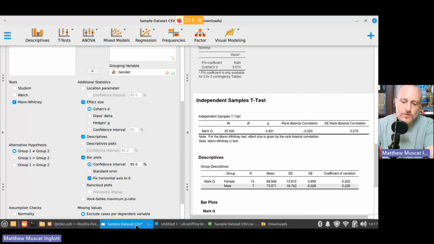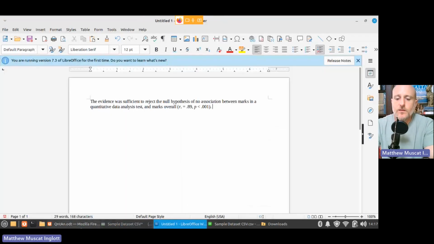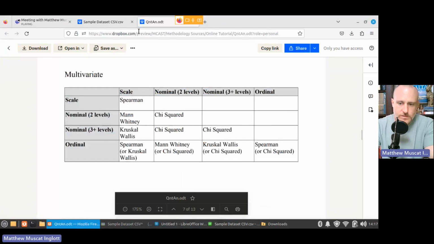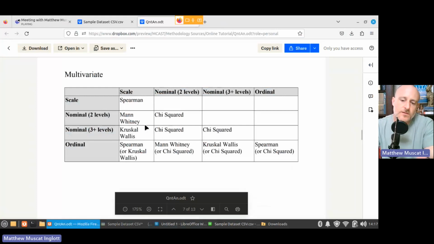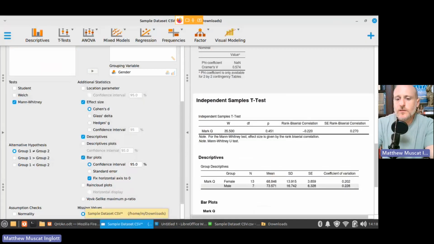Now let's look at what happens when we have a nominal variable with more than 2 levels. So the process is almost identical. It's just that we need to pick a different test. So scale variable with a nominal variable takes us to Kruskal-Wallis. So to do a Kruskal-Wallis test, let's look at